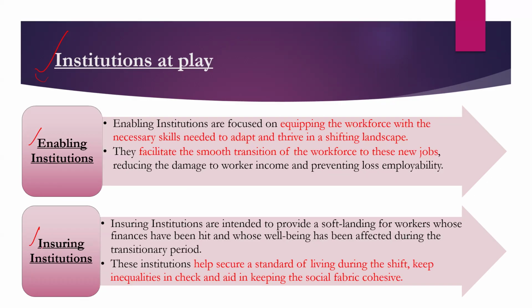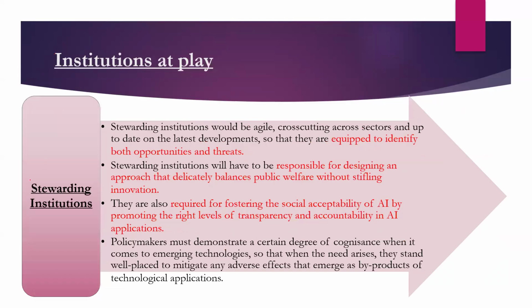At the same time, there are ensuring institutions, which ensure that if a worker has lost his job, then he or she should be able to maintain a certain standard of living. That is the purpose of ensuring institutions. Okay, so throughout our industrial revolutions, throughout our transitions, governments have focused majorly on these two institutions. Okay, now the economic survey mentions that in the next transition to AI, we should